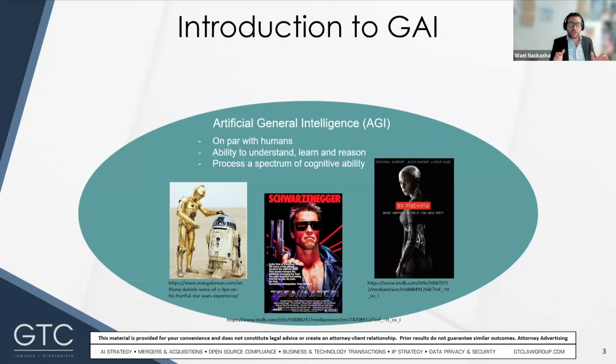The AGI machine can do what humans do. It has the ability to perform a spectrum of cognitive abilities, such as perception, reasoning, problem solving, language understanding. It can learn and make decisions, has emotions and comprehension. I mean, think about the Terminator. We are not there yet, right? If you have heard of and likely used ChatGPT, you may think that ChatGPT can do all that, but actually it does not. Such systems don't understand language, but rather are based on statistical models.